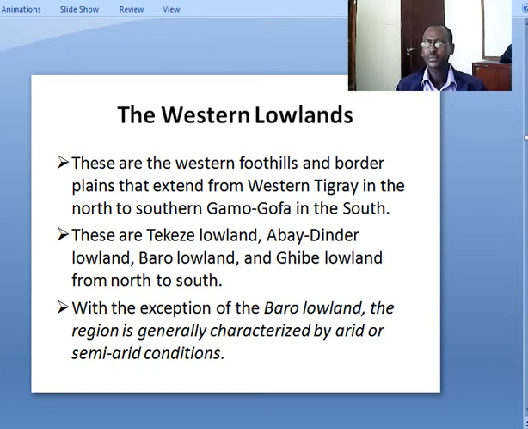In this area, what we call the Tekeze Lowlands, the Abaydinga Lowland, the Baro Lowland, and the Gibe Lowland from north to south are to be found within these lowlands. With the exception of the Baro Lowland, the region is generally characterized by arid or semi-arid conditions. That is to say, this area is a dry area which will never have good rainfall,